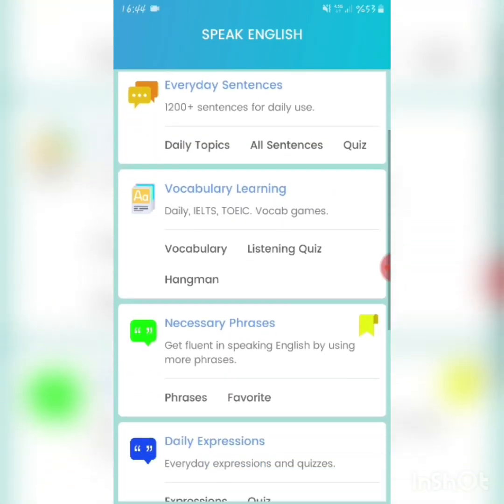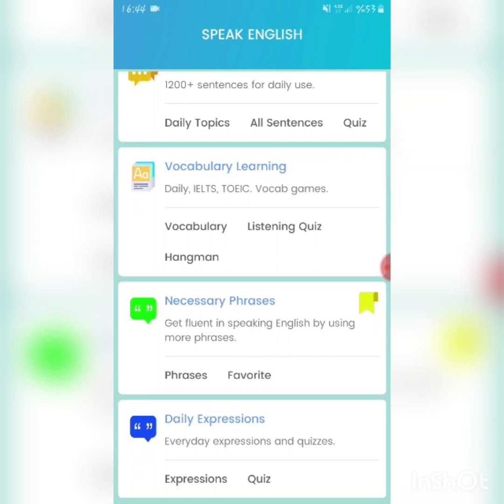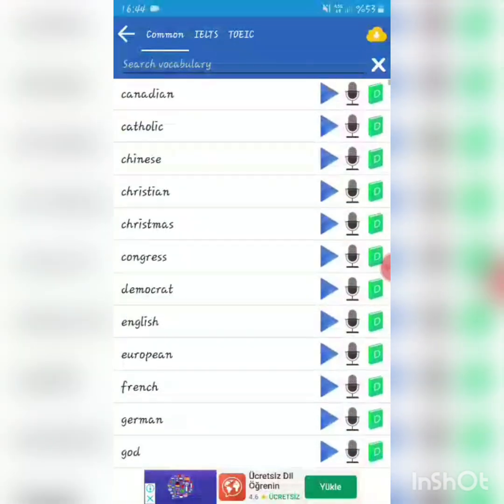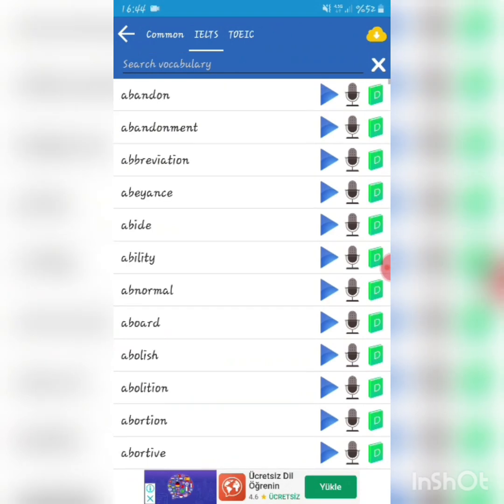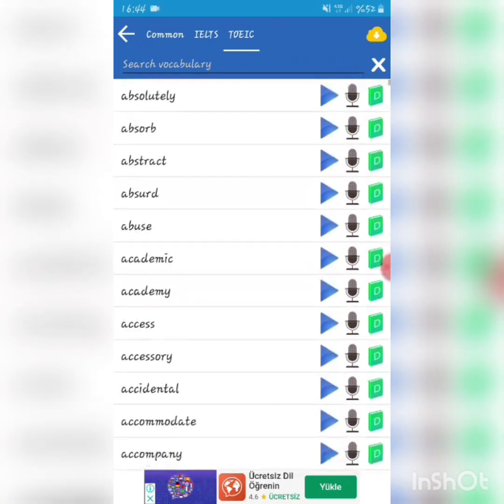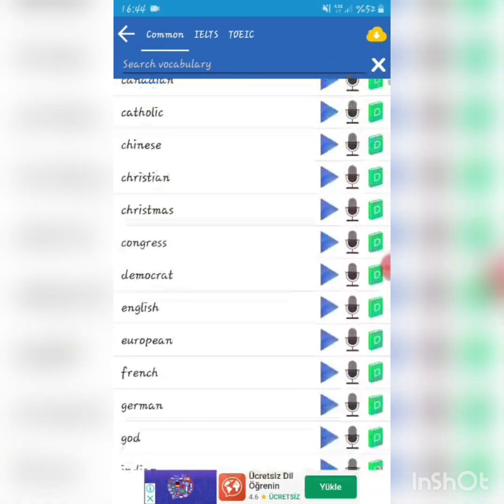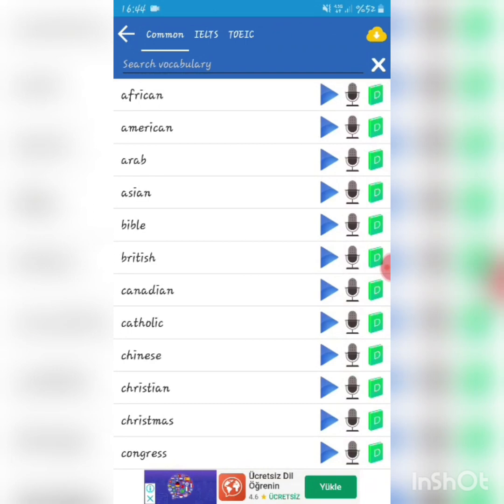Yeah, that's enough. If you want to learn vocabulary, you can select these parts. There are so many vocabulary words for you. And if you want to learn the words' pronunciation, you can listen to these words, and after listening you can record your voice, and if you don't know the meanings of the words, you can search for them in the